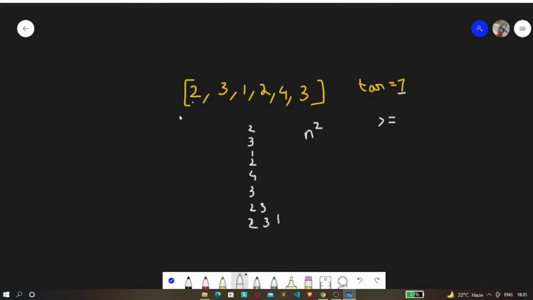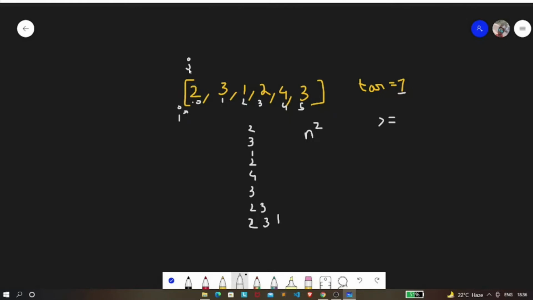We can easily achieve this by having a pointer over here, that is i, and then we are going to have another pointer, that is j. Now this i is currently pointing to index 0, this is index 1, this is index 2, this is index 3, 4 and this is 5, right? So currently our i is pointing to index 0.